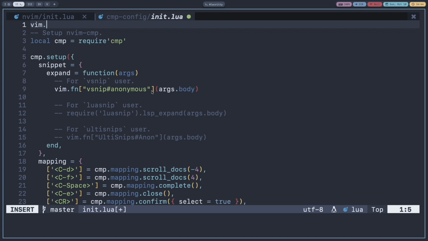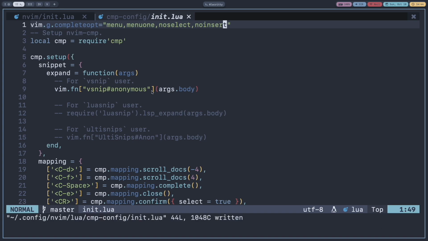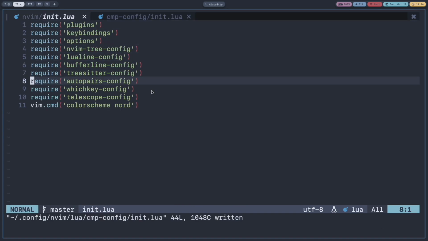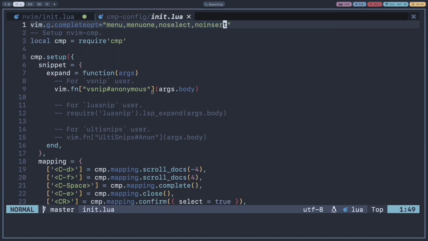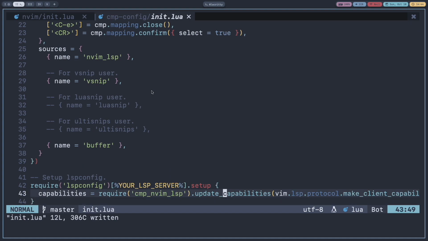type vim.g.completeopt equals in double quotes menu1 no select comma no insert. Okay, save that, and now we also need to require that cmp-config, and there is also one error here. You need to remove these parentheses and change this your lsp server to